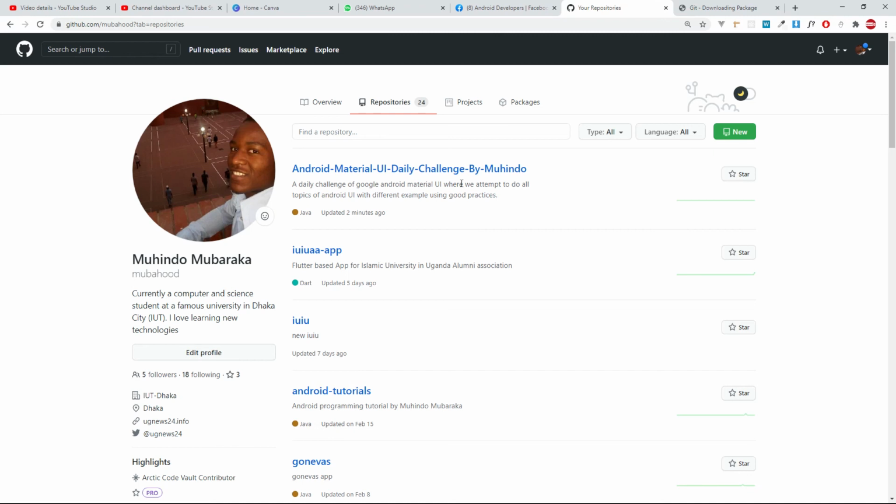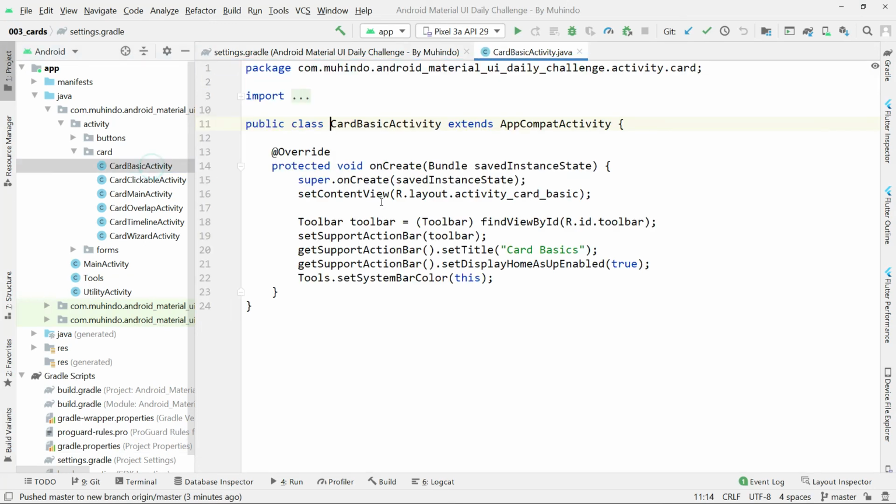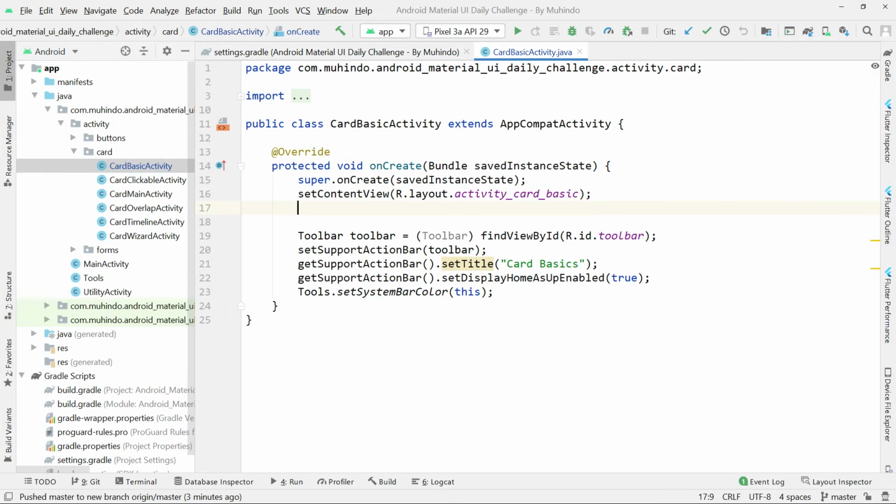But otherwise, that's how we do it after we publish the code. In case I change anything, one more last point. In case I change anything here, for example, I put here a comment. Okay, this is a simple comment. Now I want to update the online code. What do I do? First of all, I have to commit